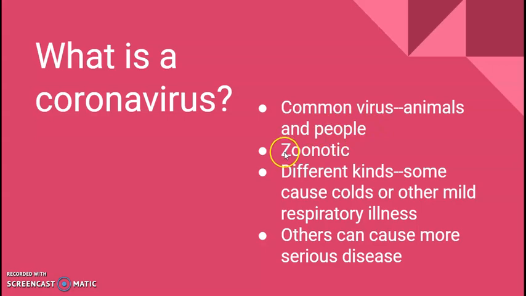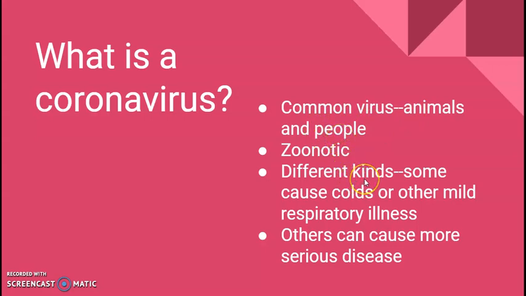The coronaviruses are known to be zoonotic. What this means is that every once in a while, a coronavirus that infects, let's say, a bat, may develop a mutation that allows it to then infect people. And so sometimes you'll see these coronaviruses come out of the blue because they've been transferred from an animal host, and now they can be transferred by people.